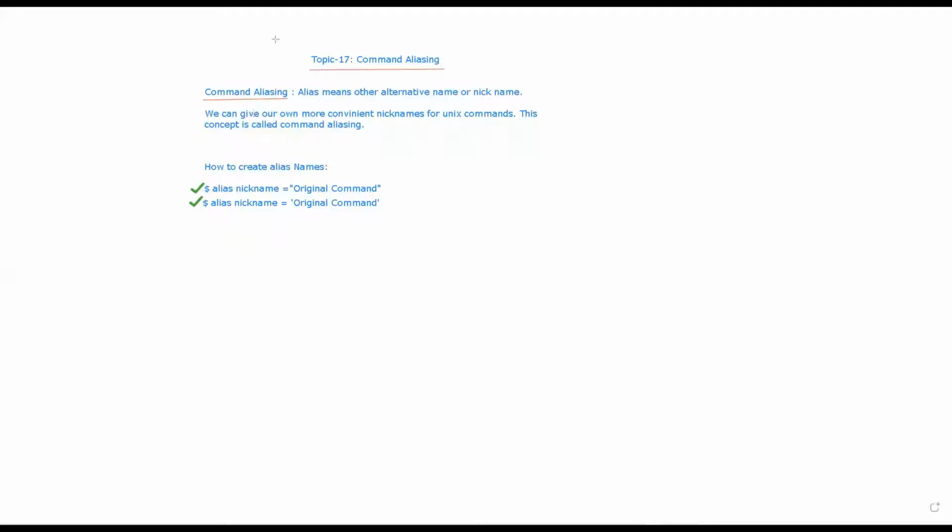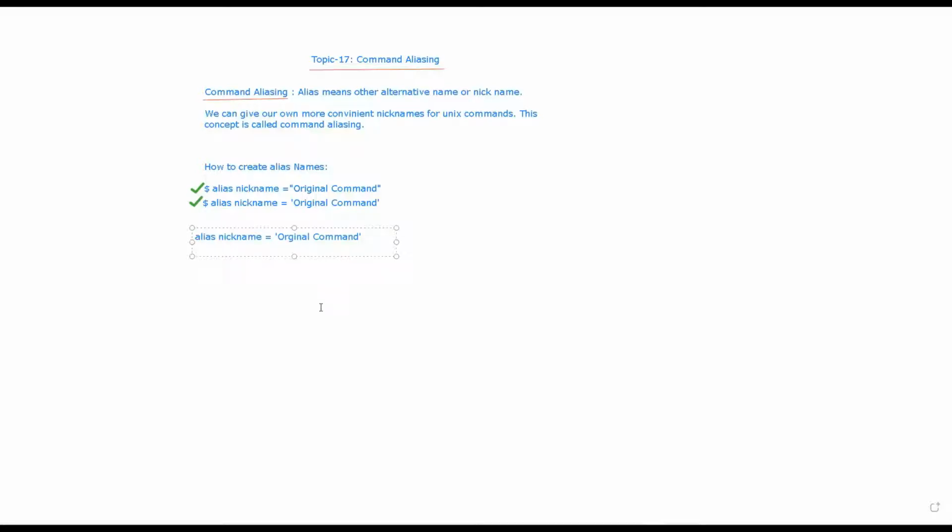If you are creating the alias name like this, let's say alias nickname, right? So the precaution you need to take care of: there should not be a space after alias, right?